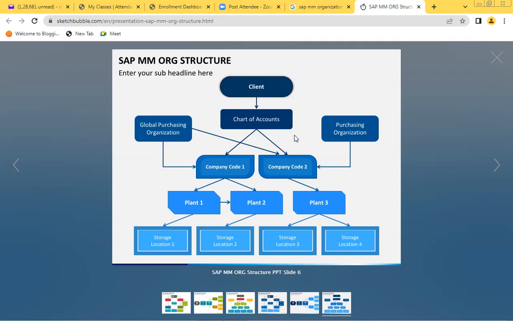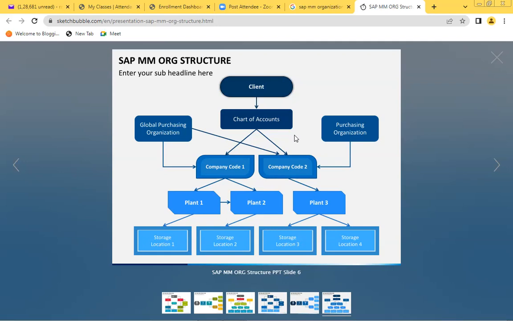There are four plant heads, and under them there are heads of department, and under them senior engineers, then assistant engineers, and then workers and technicians. Similarly, the org structure also has a triangle shape in SAP materials management.